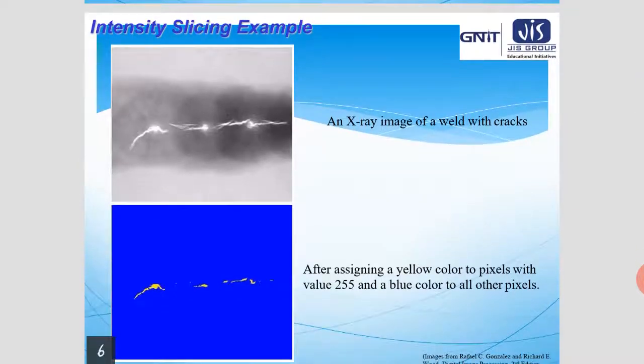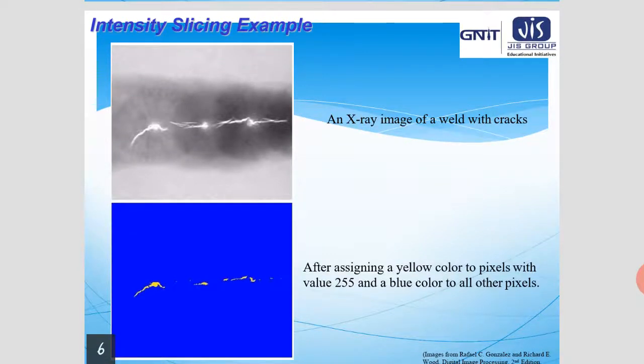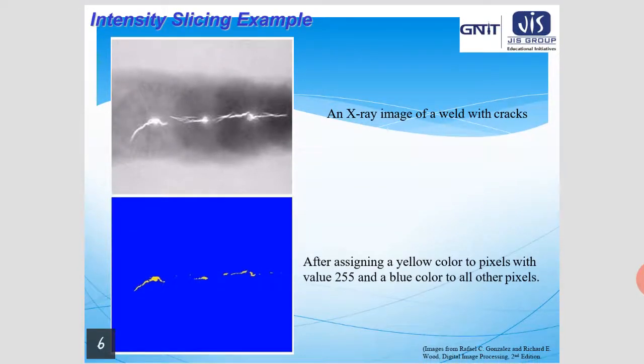If we move forward, for the example of intensity color slicing, we can see an X-ray image of a weld with cracks. The grayscale image is converted to its equivalent color image by assigning a yellow color to the pixels with value 255 and a blue color to all other pixels.